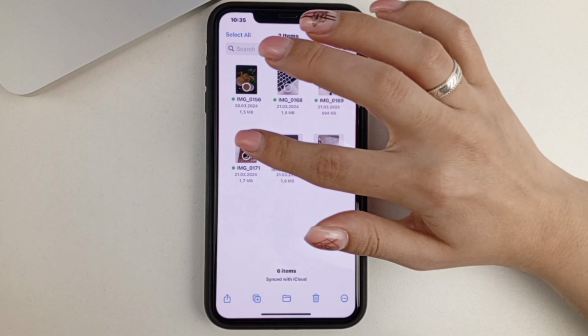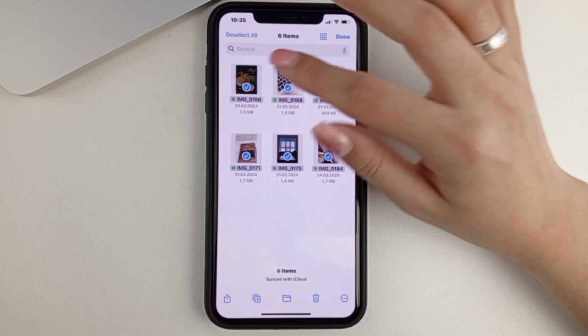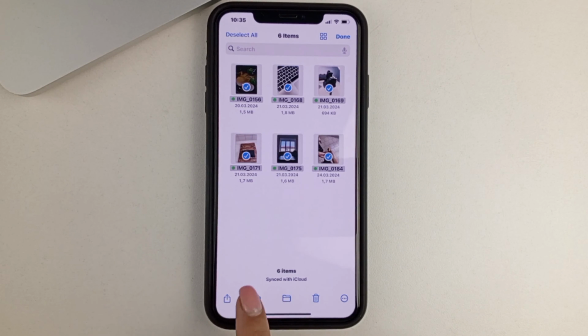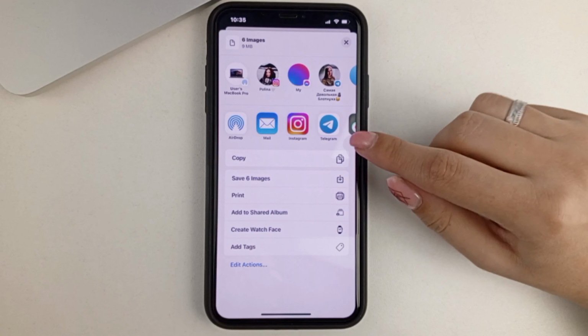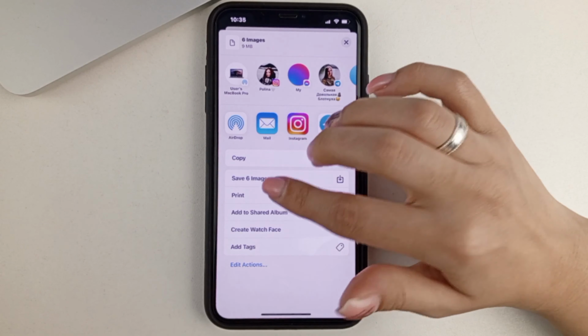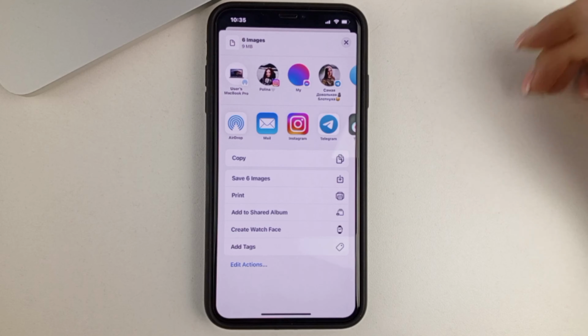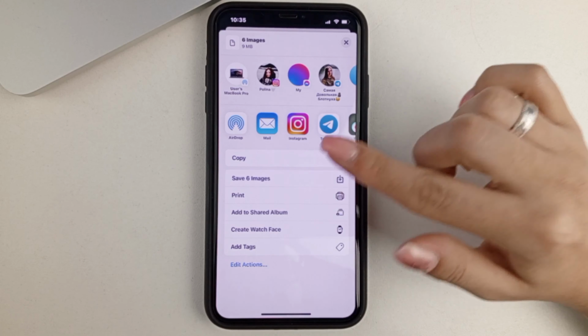Then we select the photos that we want to move. And now we click on Share. And we also find the Save Image section, only you'll see the number of photos that you're moving. So we click Save Image.